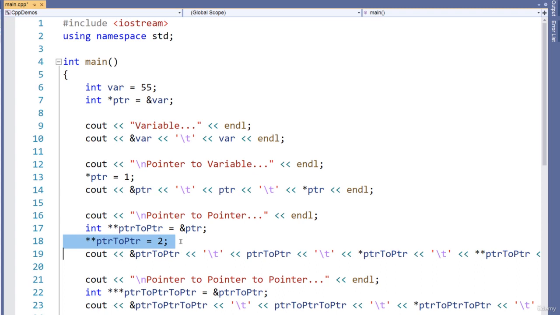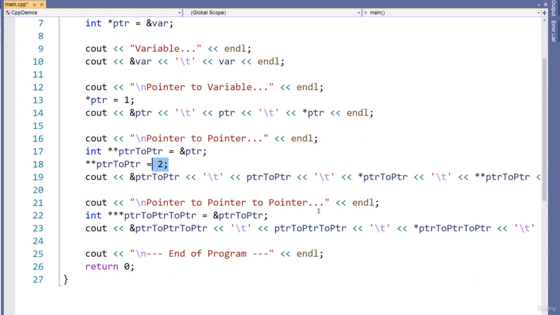Then we want to write again. We want to assign 2 to what? Well, we dereference this PTR to PTR. We are going to dereference twice. The first time we are going to get what? We are going to get the address that is stored in the pointer PTR. Then we are going to dereference that again to access the memory location stored in PTR. And what does that mean? Well, we want to access the variable itself. Okay, and so we can write to that. So we're no longer going to get 55, we are going to print out 1, 2, and to do that